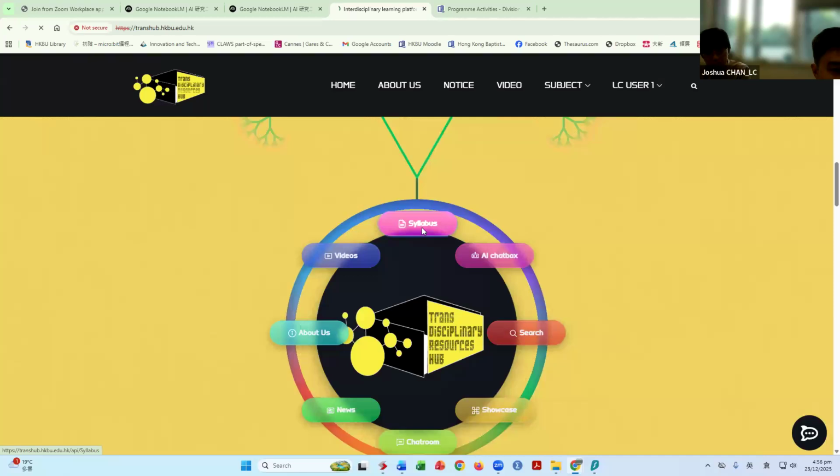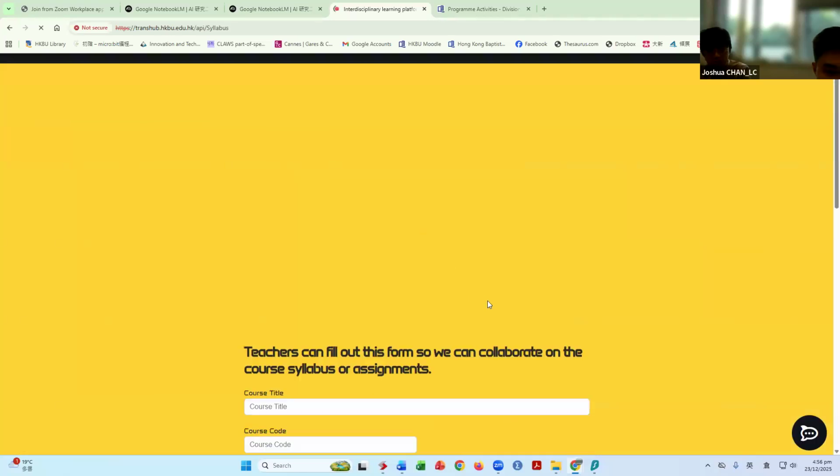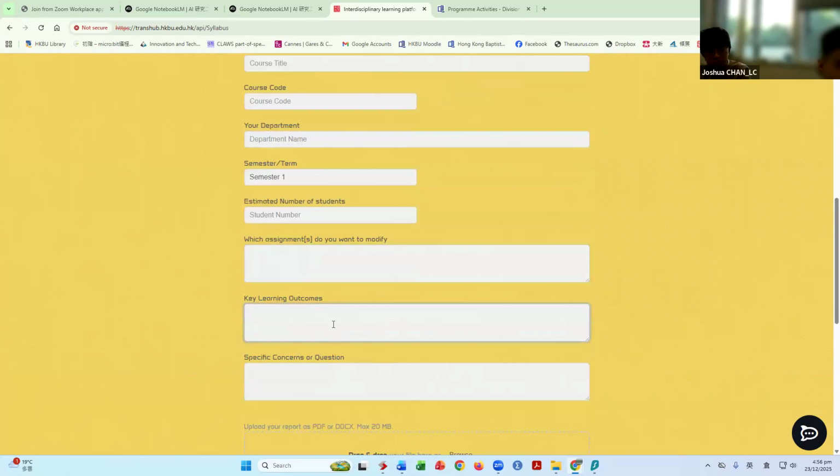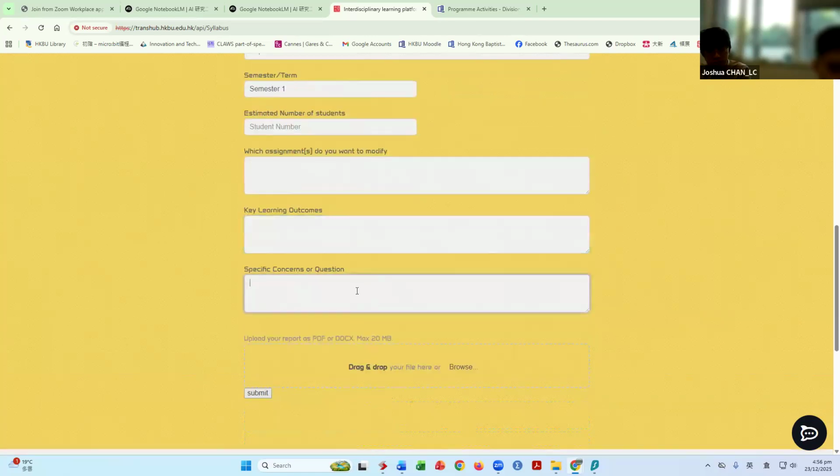So we can upload it, we can click into this, and teachers then can just provide information about their course, which assignments they want to adapt, modify, and what are the key learning outcomes or any special concerns or questions that they want to let us know. And then they can track the syllabus there and then submit.